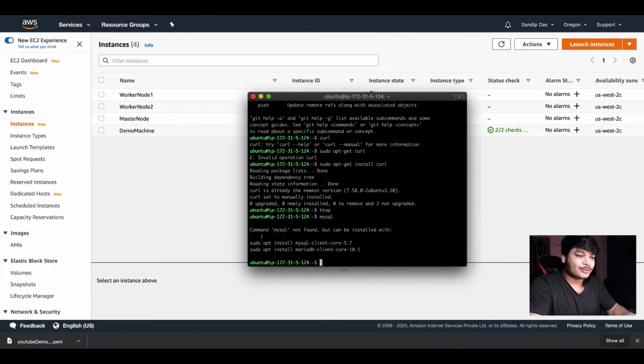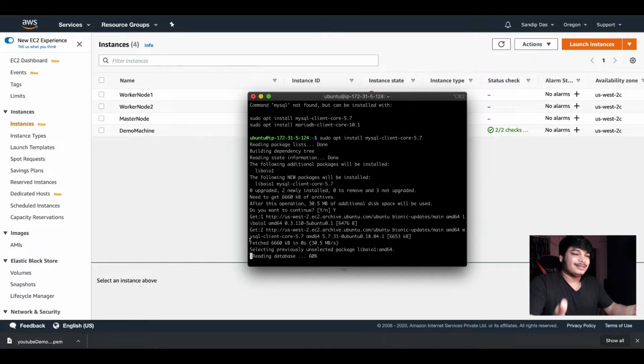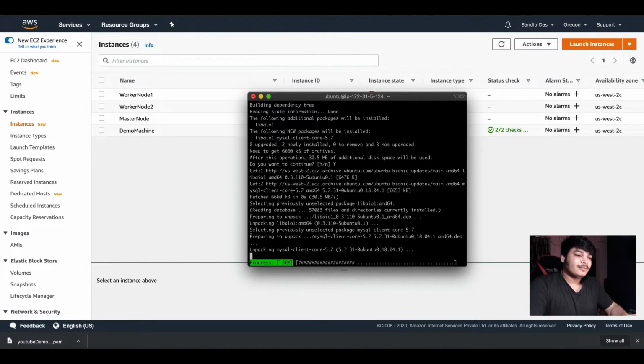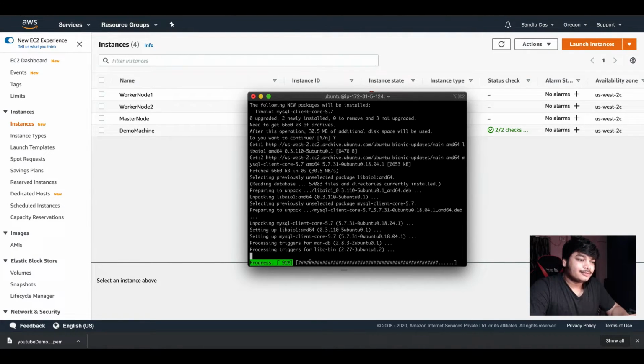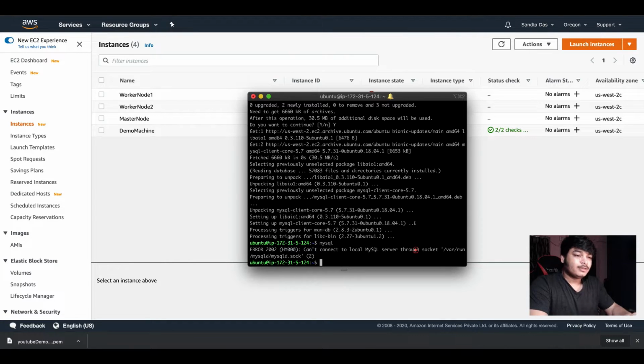See, MySQL is not there, so you can install MySQL. It doesn't matter, just for example, but you can install anything. It takes some time. See, the MySQL command is available now. Now you have done the MySQL installation, MongoDB, whatever installation you need, or maybe an application setup.